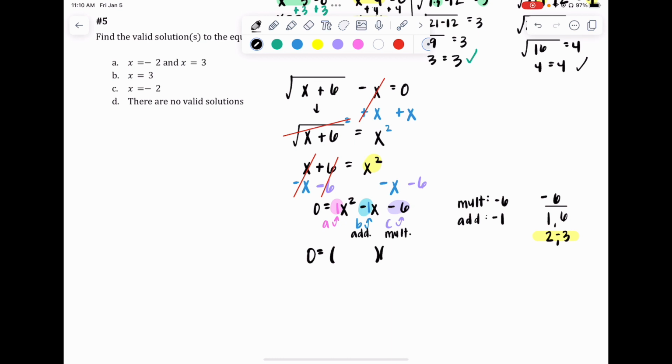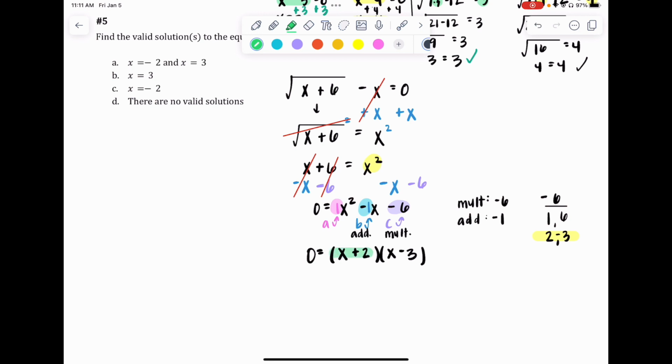And then again, this 1x squared term, we're just doing the opposite of FOILing, so that breaks down into x and x, because if I were to multiply this back, x times x would bring me back to x squared. And then the pair that I found that works, we'll fill in the rest of the parentheses, so there's a positive 2 and a negative 3. So now it's factored and we're able to solve